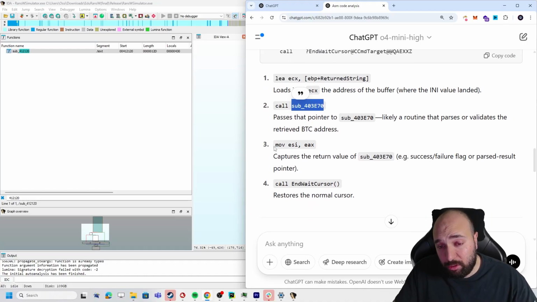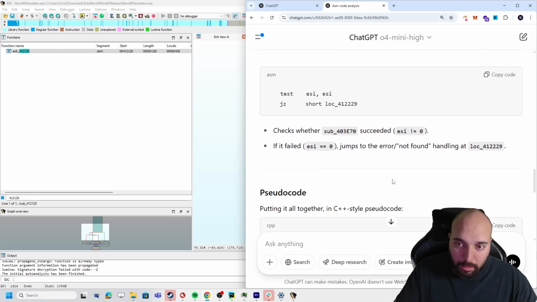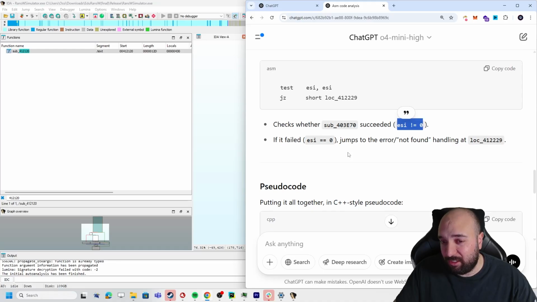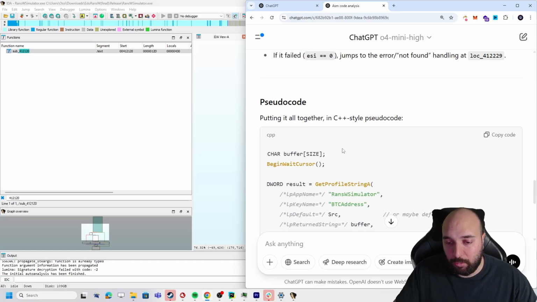But then we can also see here the move ESI, EAX captures the return value from this, like a success or a failure. So if we can make this always success, then we can always trigger the decryption process. It checks whether ESI is 0, so we always want to make this ESI return 1. Basically it holds the value true or false, whether it failed or succeeded. So now with this information, we can actually prompt